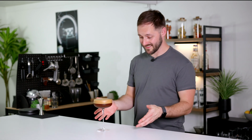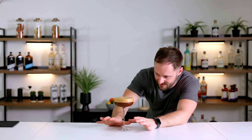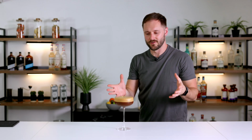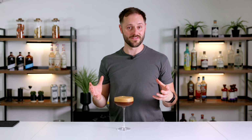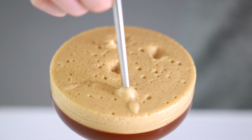I do understand why this is attractive to people. The world's about likes these days. This is definitely gonna get likes if you post it on your social media channels. If you do, make sure you tag me, let me know what you think. But when it comes to this kind of drink, although it's definitely novel, novelty isn't necessarily a good thing. We make drinks to drink drinks usually. Social media is a different place to your mouth. This wants to taste delicious, and I don't think this tastes more delicious than a classic espresso martini. I don't think it's worth the effort, but it's novel, it's interesting, great for social media, not great for the